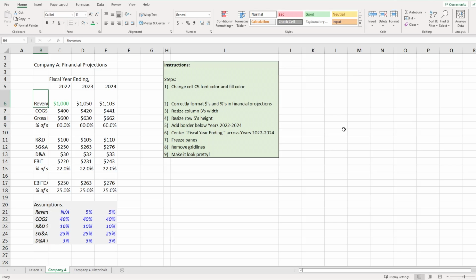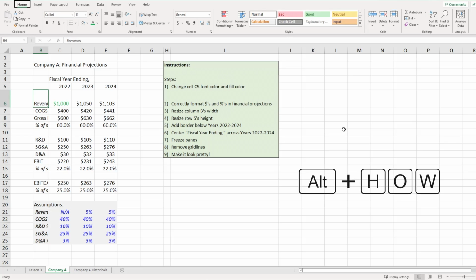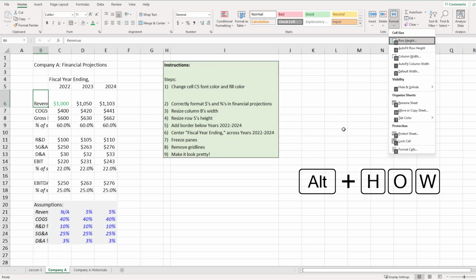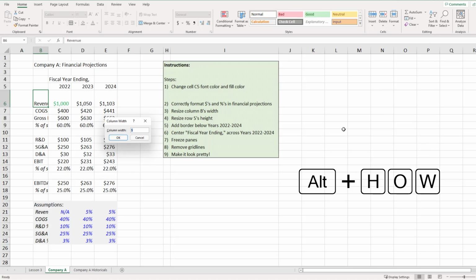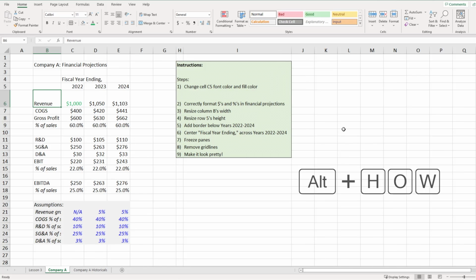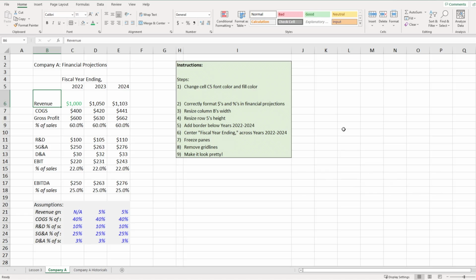So one way that we can update the width is to stay in column B and hit Alt-H-O-W. And this allows us to type in the width that we want. Right now it's at a 5, and so let's say I want to double that to a 10. There, now that's starting to look better, but we can see that some sections, especially at the bottom, are still